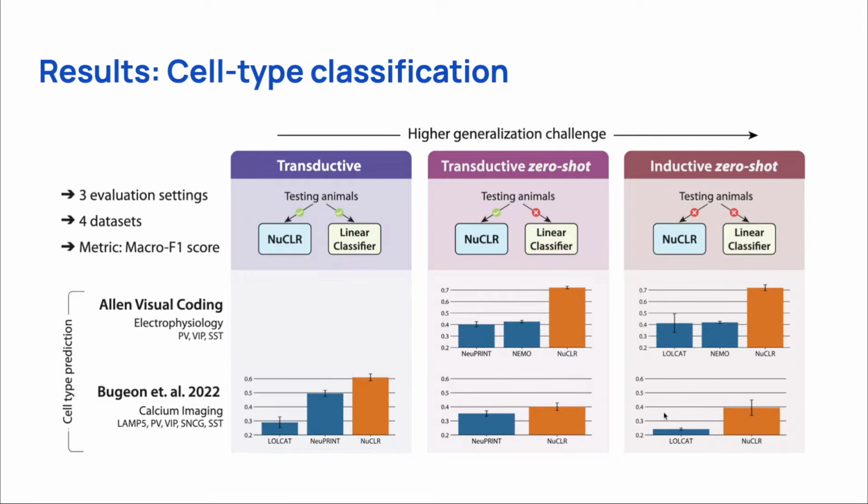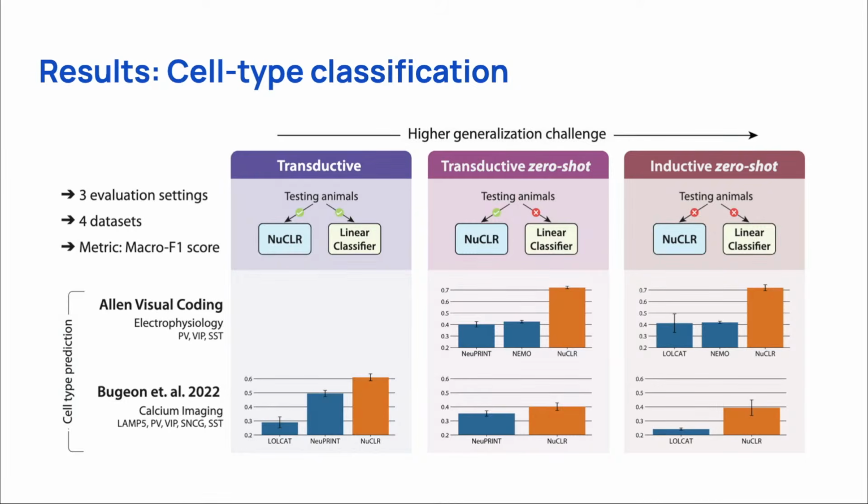So we tested this on a number of different data sets. The first is for cell type prediction, and the second being brain region classification. We found this achieves state-of-the-art performance in many cases, by a huge margin in comparison to the previous methods. A lot of that is just due to the fact that they didn't really have good ways of incorporating the population context. But also, because of the scale of this, we can also start to see a lot of benefits coming from pre-training on larger amounts of animals and larger amounts of data.